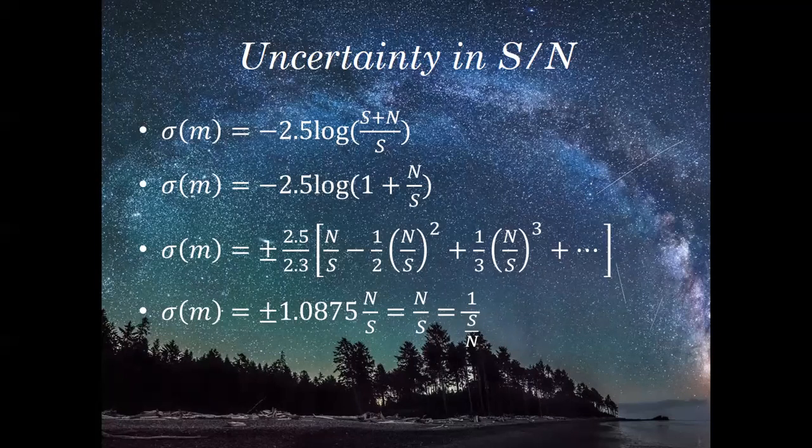Okay, so if the signal to noise ratio is, let us say, 5, what will be the error in the signal to noise ratio? It will be 1 by 5, that is 0.2, right? So the basic thing I wanted to say was that the error in calculating signal to noise ratio is the inverse of the signal to noise ratio. That amount of error is made while calculating the signal to noise ratio. Next slide.